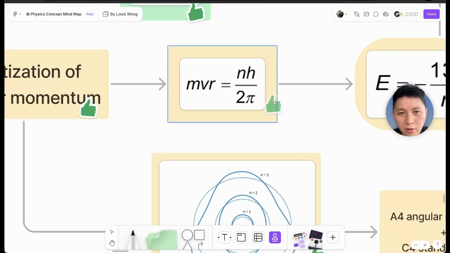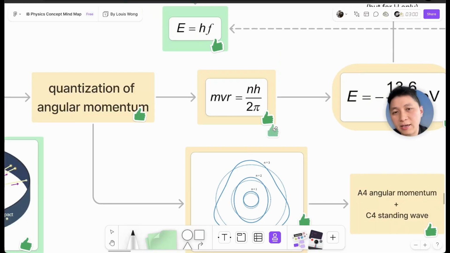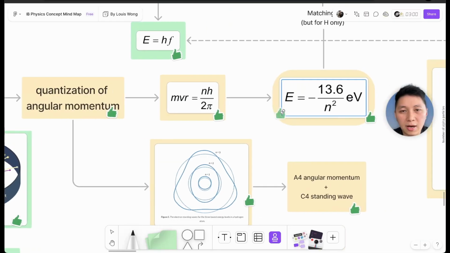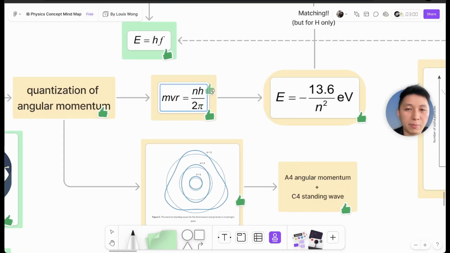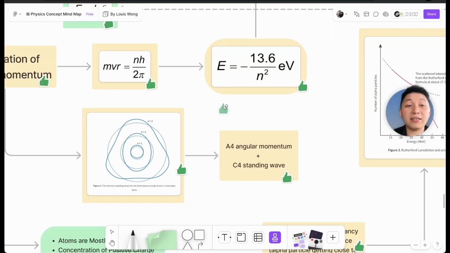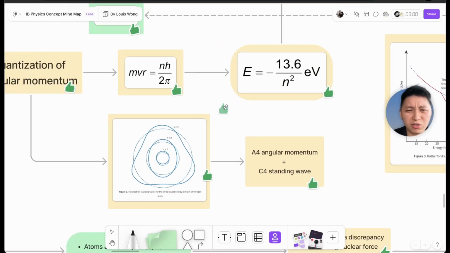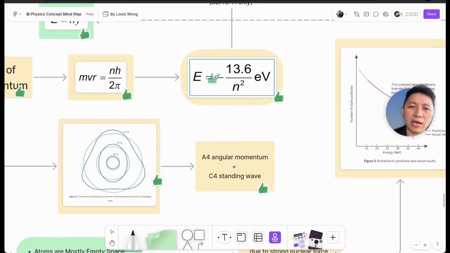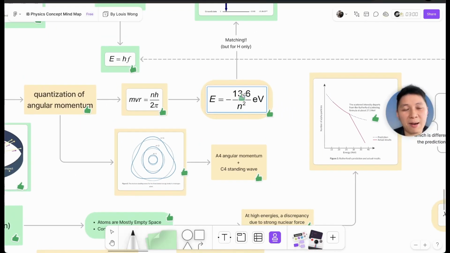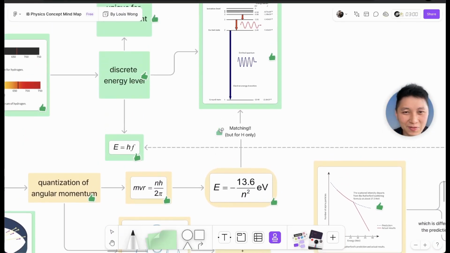Therefore, we can have an expression of angular momentum: mv, the linear momentum, times r, the radius, equals n multiples of h over 2 pi. Interestingly, it's a hypothesis, and we are not really sure whether this is true or not, but it really allows us to get to this result. And so it makes us accept that, probably, the angular momentum is quantized,